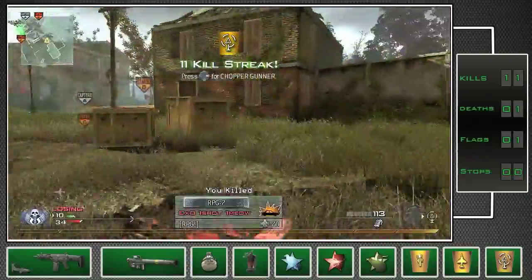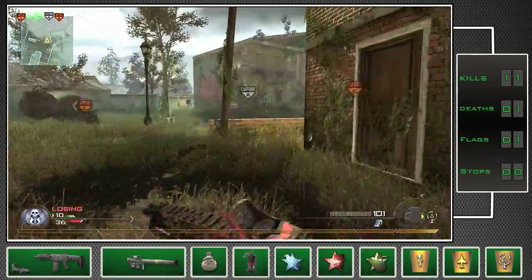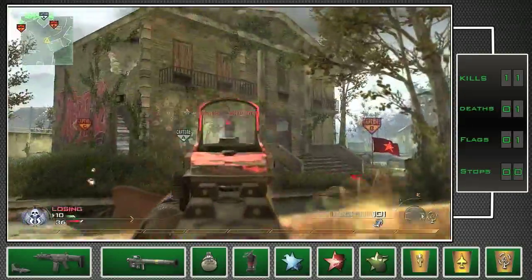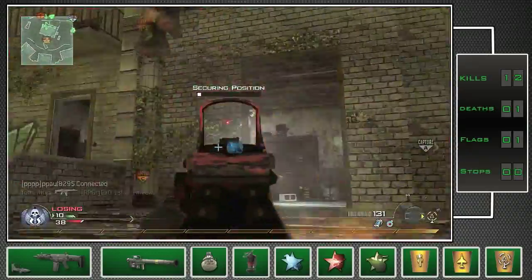And if you're just starting off this game, then it's a really good choice, because like I said, it has very low recoil. And right now I have my chopper gunner waiting, but as this guy kamikaze RPGs me,